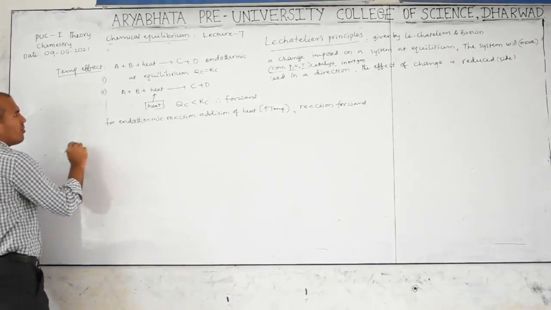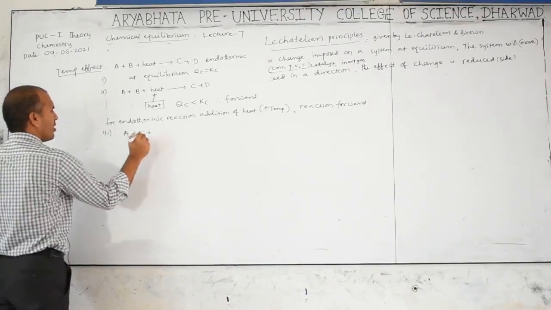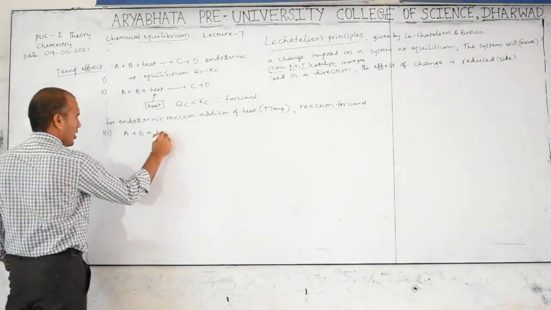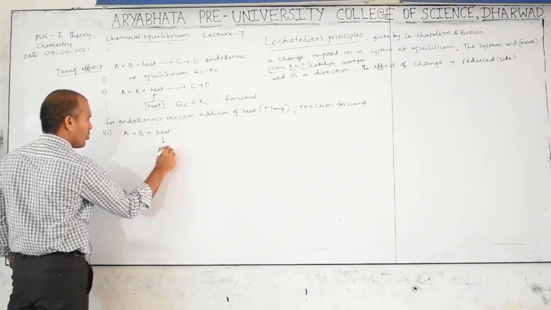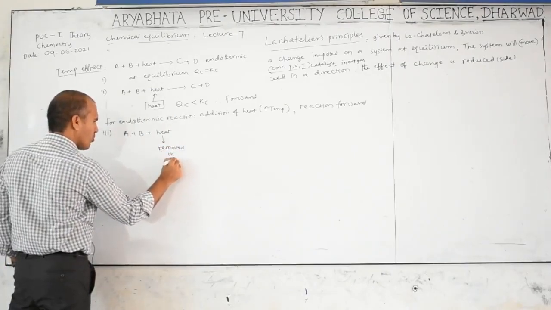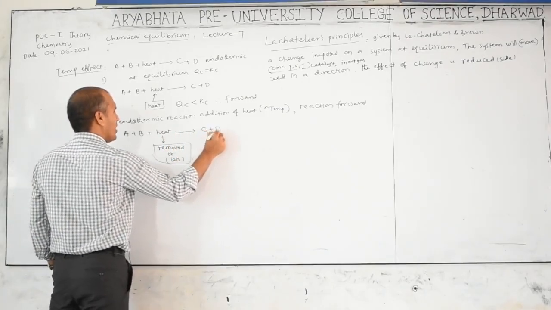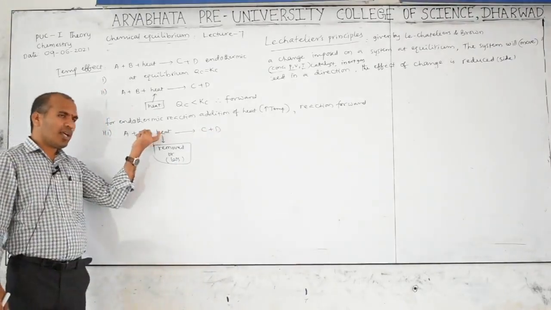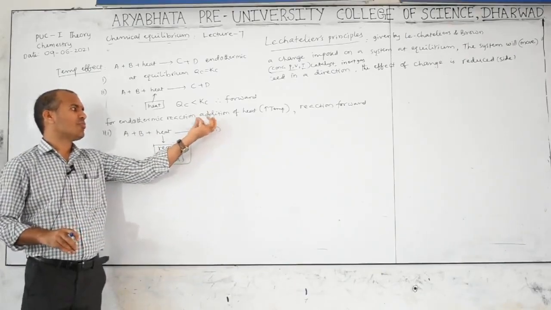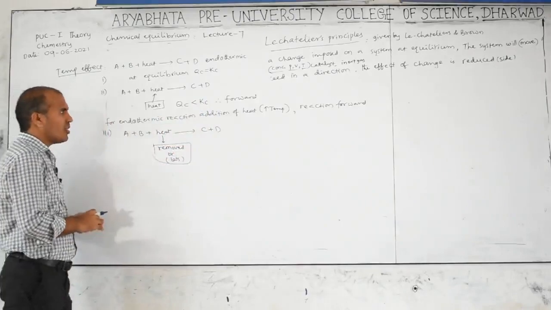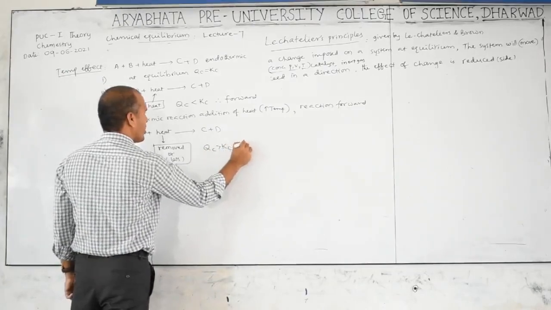Then now the third point. A + B, heat removed here, heat loss. Heat removed or loss. Then what happened here? C + D, it indicates here reactant concentration decrease type. When the left side decreases, this is more, and when it is more, the reaction shifts toward which direction? Backward. So in this case Qc is greater than Kc, therefore it is backward.